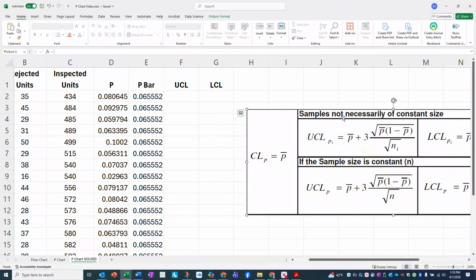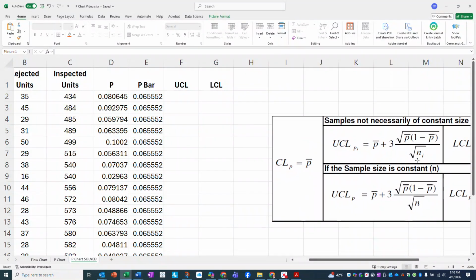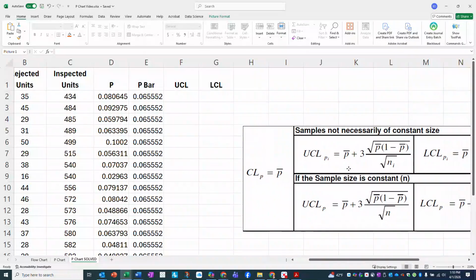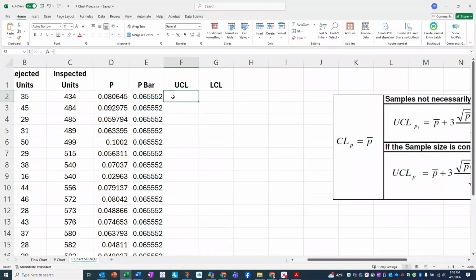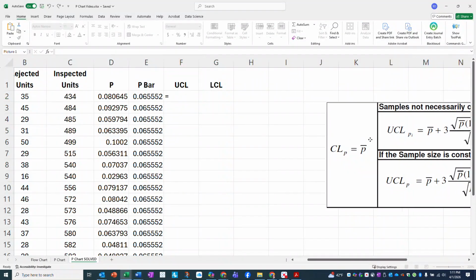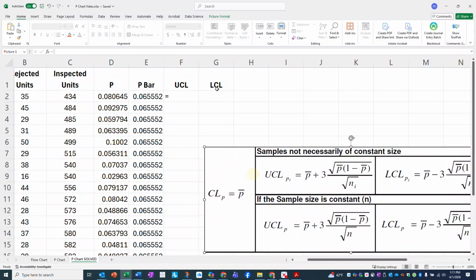Okay. So then my upper control limit. As we can see here, we have two different ways of doing this. One is using the constant sample size. We don't have that. So we're going to use the not necessarily of constant sample size, so not constant. So for this one, we're going to take our p-bar, put this down here so everyone can see it. We'll take our p-bar,